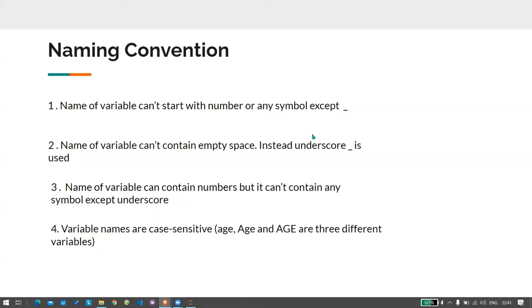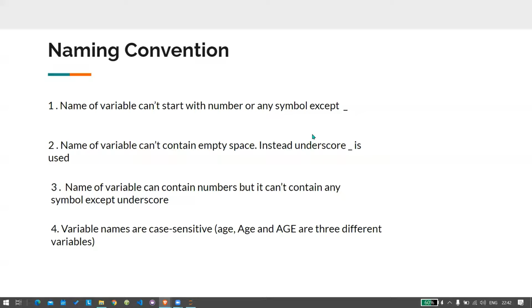Now, this will happen to us many times, that we want to write a variable name which has two words. Just like I took in the previous example, my number. Now, my and number, these two are different words. But we need to connect those words by using underscore. We cannot use empty spaces in between these two words because it's not allowed. We can use underscore to connect two words or we can directly connect these two words.